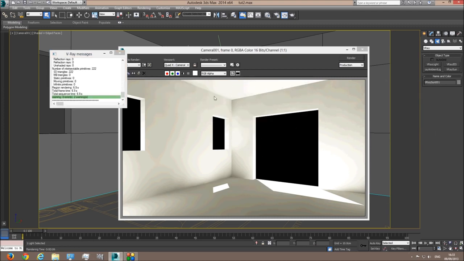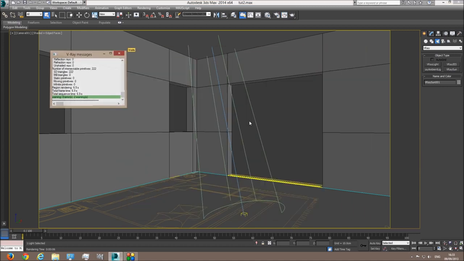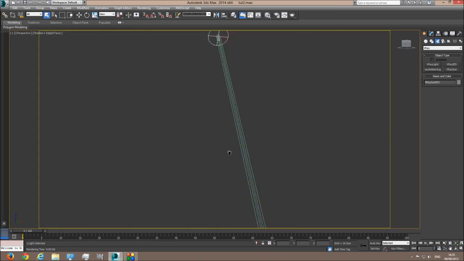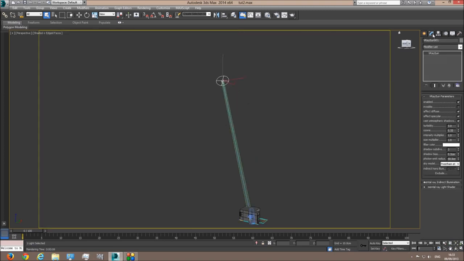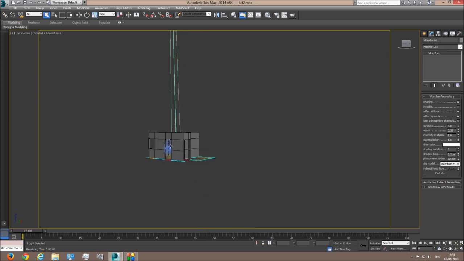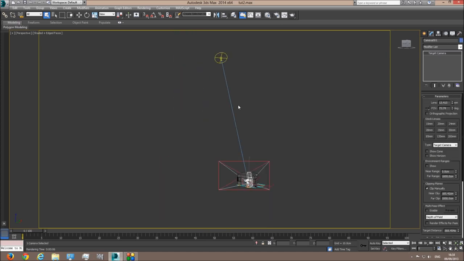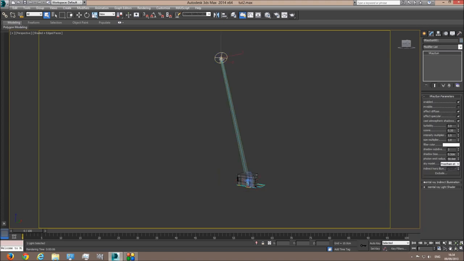Which is good, but it's way too bright because we can see white noise in the image. So the reason this is bright is because if we go to the modify panel of the Vray sun, you can see the intensity multiplier, which is the strength of the sun, is set to 1. This is good for the Vray camera. Because we're using the regular 3D Studio Max camera, we need to crank this way down to something like 0.05